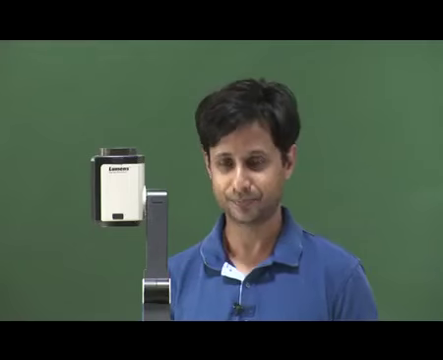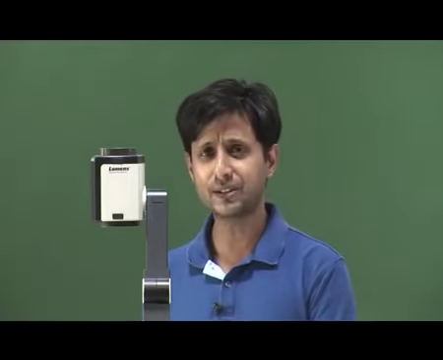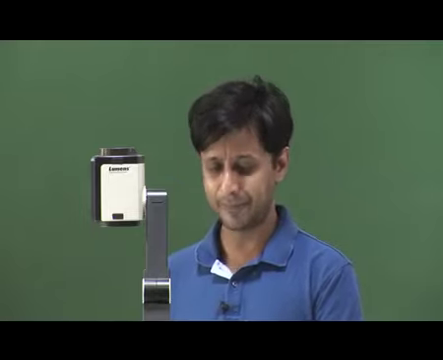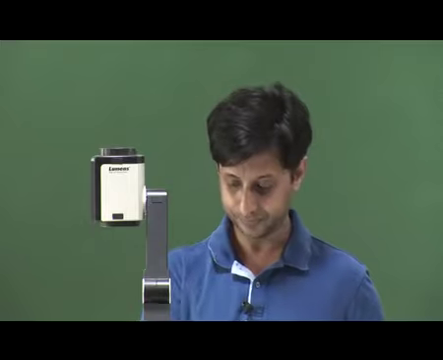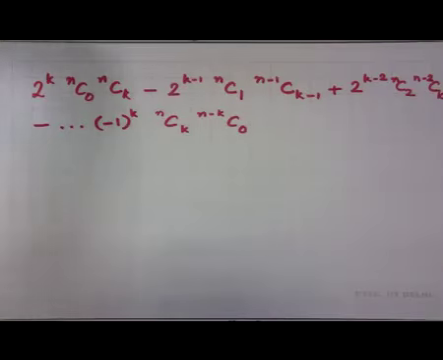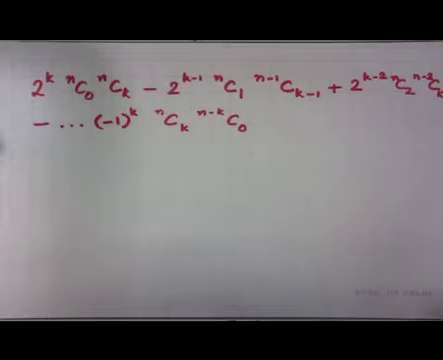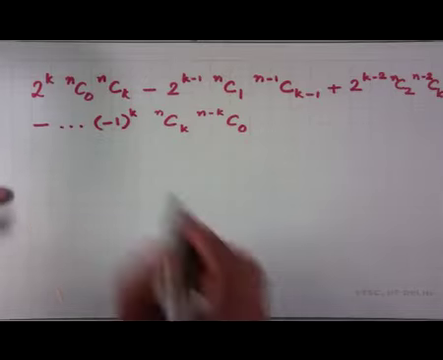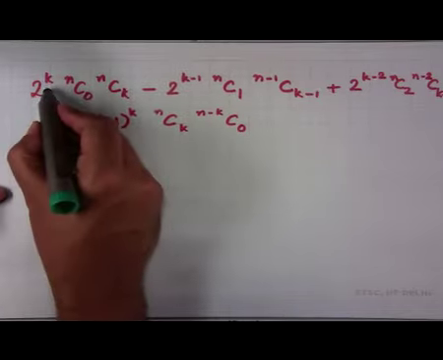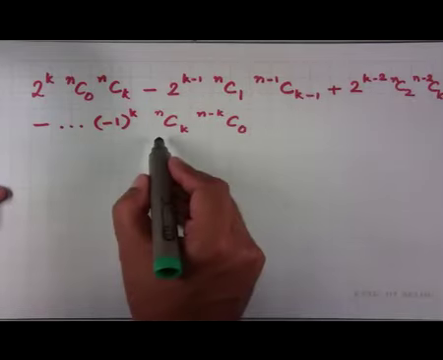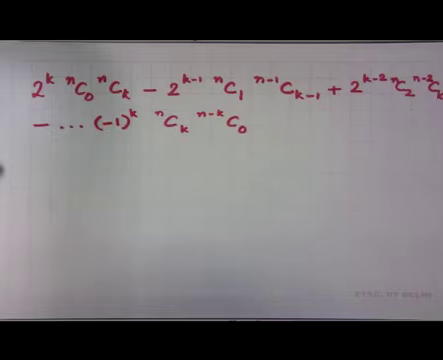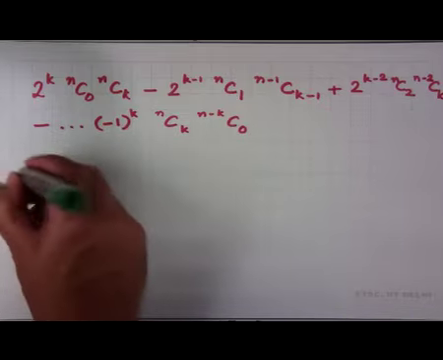How will you do it? First of all, observe the pattern. The pattern is as follows. If you take any general term out of these many terms, any ith term, here i equals 0, i equals 1, i equals 2, and so on, all the way till i equals k. So, if I look at the ith term,